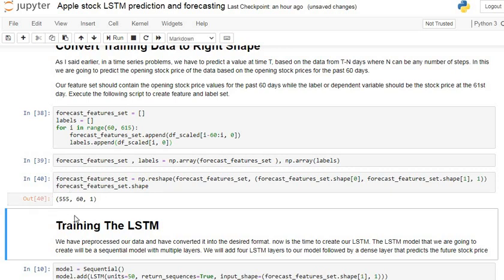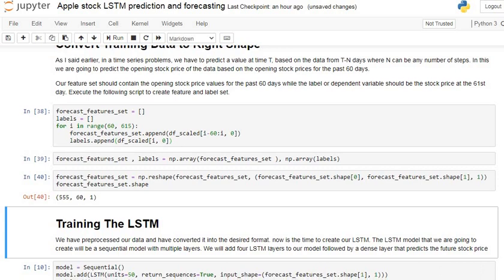The first dimension is nothing but the total number of rows. The second dimension is how many time steps there are, that is, how many past values are used to forecast the future value. And the third is the total number of columns which are being used in the LSTM neural network or in the data. So this is the required command to make data ready for the LSTM neural network model.